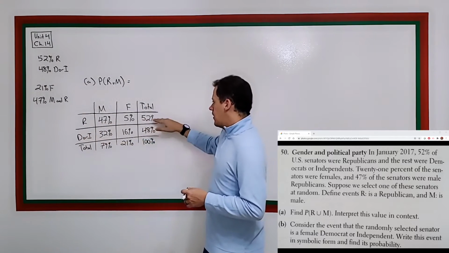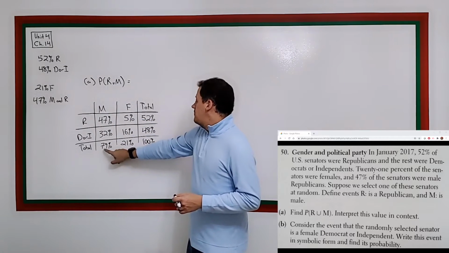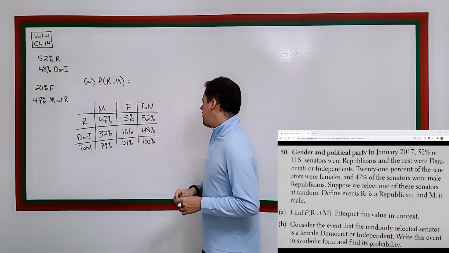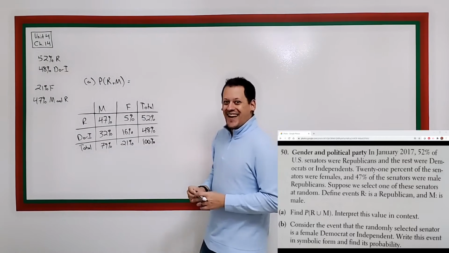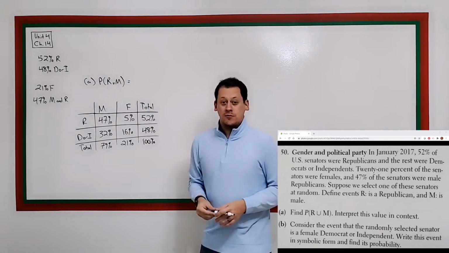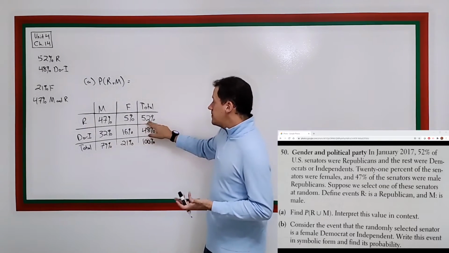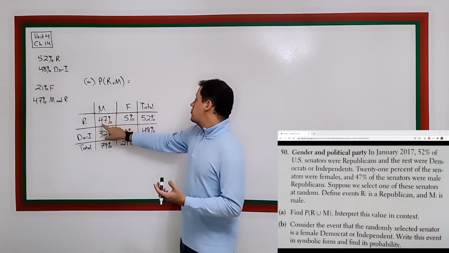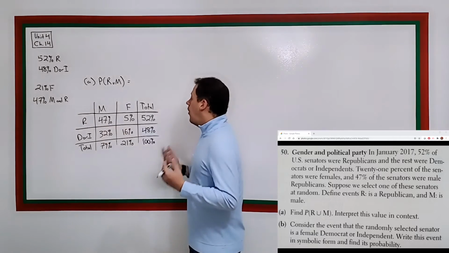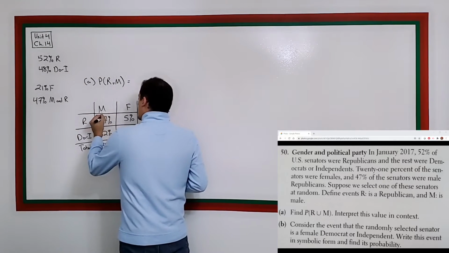Republicans are everyone on this row. Males are everyone on this column. But if you try and add these two percentages together, you're going to get 131%. I don't think 131% of senators are Republican or male because that's impossible. So, again, you could take these two and add them together, but then you have to remember to subtract the cell that represents both, or you could take all the cells that represent Republicans or males